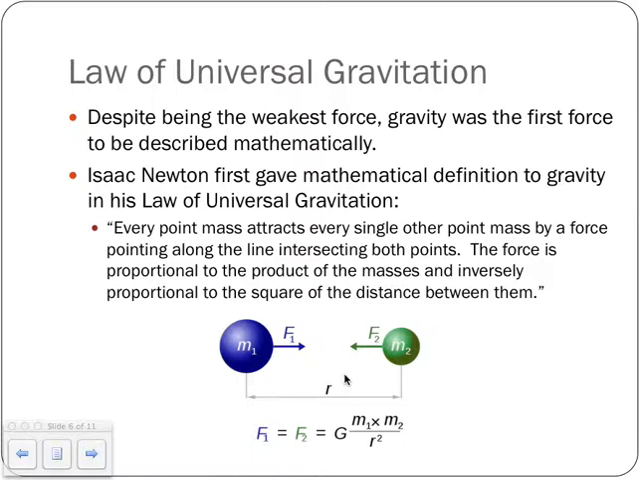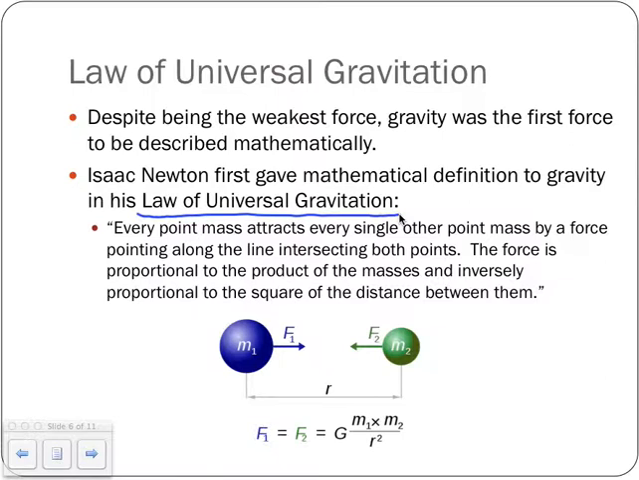Despite being the weakest force, gravity was the very first force to be described mathematically. Isaac Newton, who we've talked about plenty of times before, was the first one to give mathematical definition to gravity in what he called his law of universal gravitation, or what we now call the law of universal gravitation. It says this: every point mass attracts every single other point mass by a force pointing along the line intersecting both points. The force is proportional to the product of the masses, but inversely proportional to the square of the